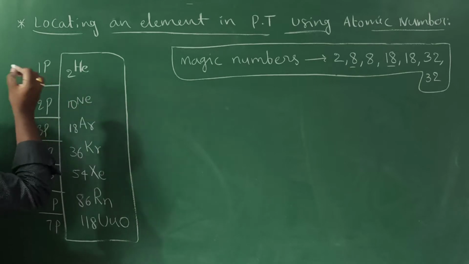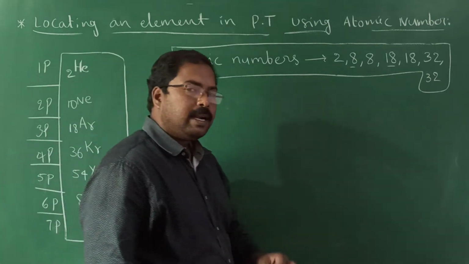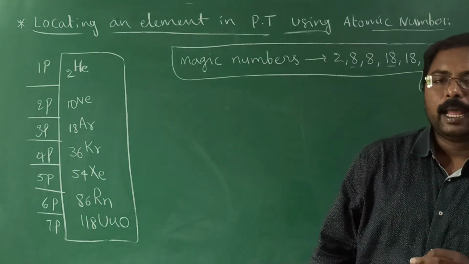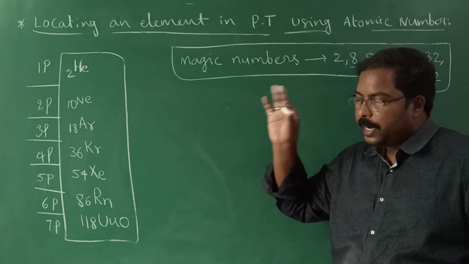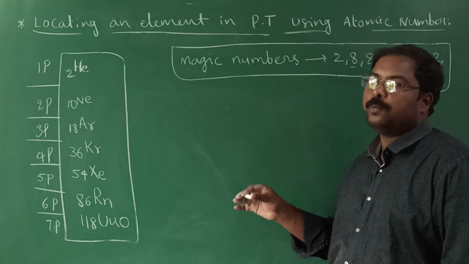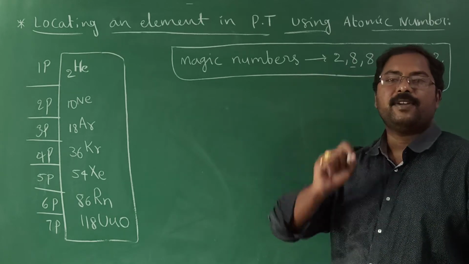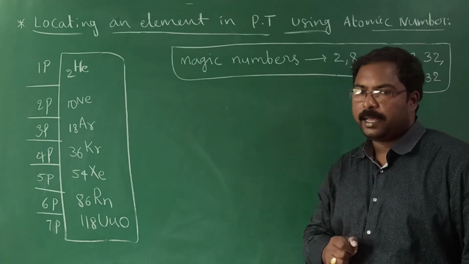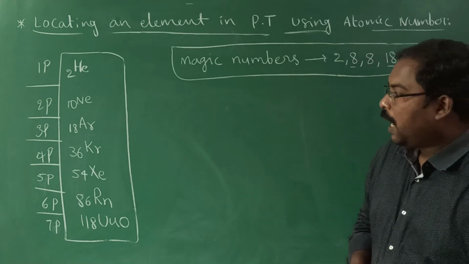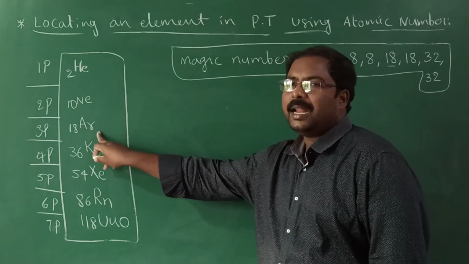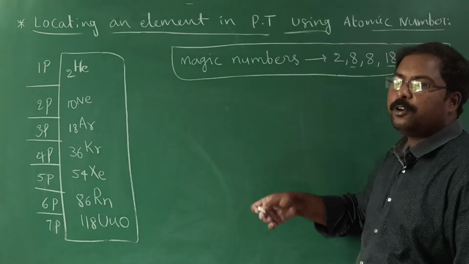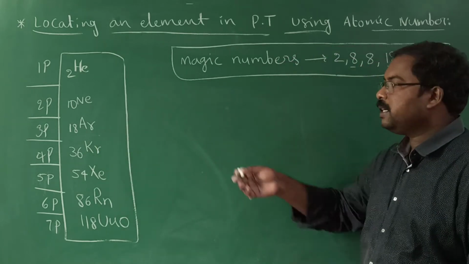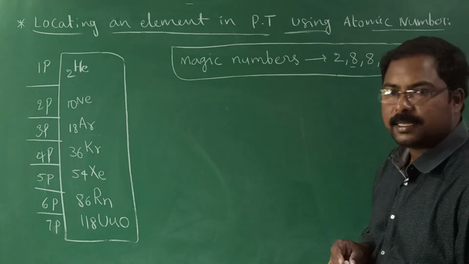Right? Now if we have that knowledge, then I will tell you one simple trick to find the period number as well as the group number. Nothing but the exact location of an element in the periodic table. Okay. Up to 18 elements we already know, because all the starting elements of every group we already learned. So it is not a difficult task.